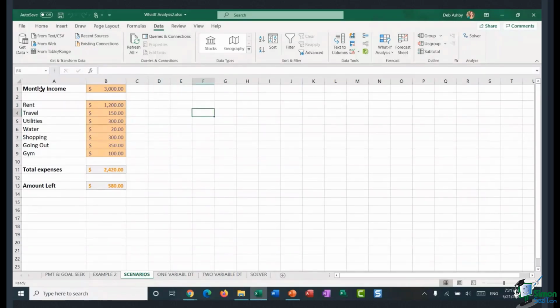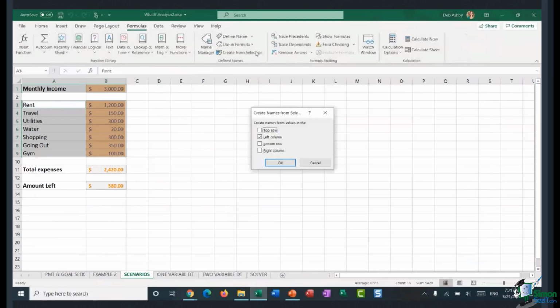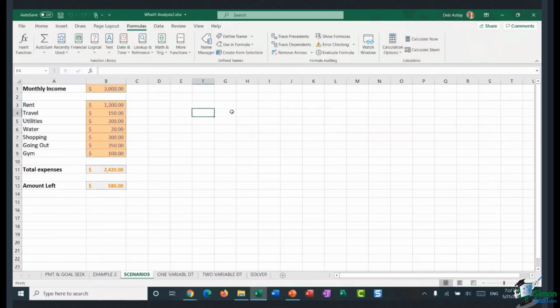All right, so I'm assuming that you're talking about when we named these cells. Is that what you're talking about when we were using the Name Manager? So what I did to name these is I just highlighted across both, held down my Control key and then highlighted the others like so. And then all I did was name those ranges. So I went to Formulas, Create from Selection, and then I want these cells named by whatever is in the left column. So I just selected that, clicked OK, and it will name those cells. I believe that's what you were talking about. Is that correct? Yes, exactly. Yeah, for naming cells by the look of it.